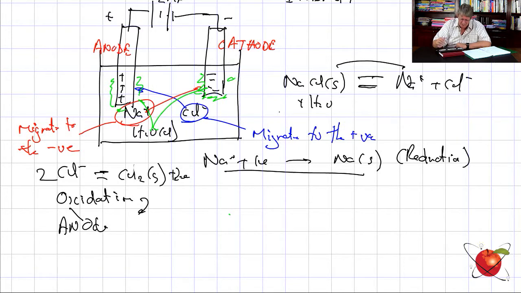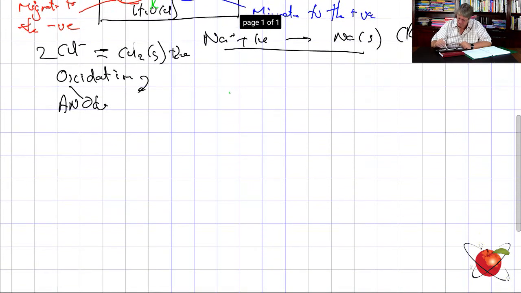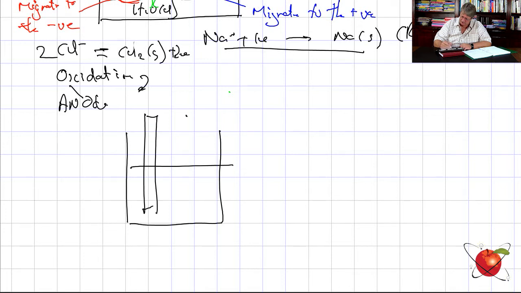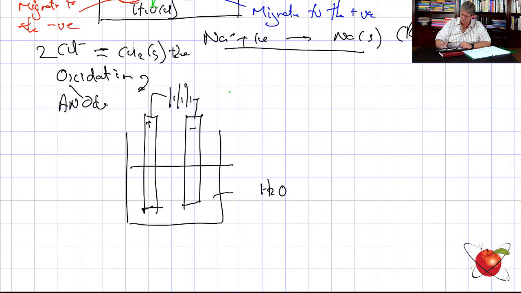Now, what are we saying? We're saying, okay, cool. Therefore, can you see I've gone through the logic? But now, what is going to happen? What else can happen? This is where we start looking at the possibility of, let's just say we've got water as well. What if we just did this? Once again, we can go back to an experiment that was possibly not done a long time ago, but it's definitely in the textbooks, well, the ones I've seen anyway. So we say plus and a minus, and all we're going to do is we've got pure water in here